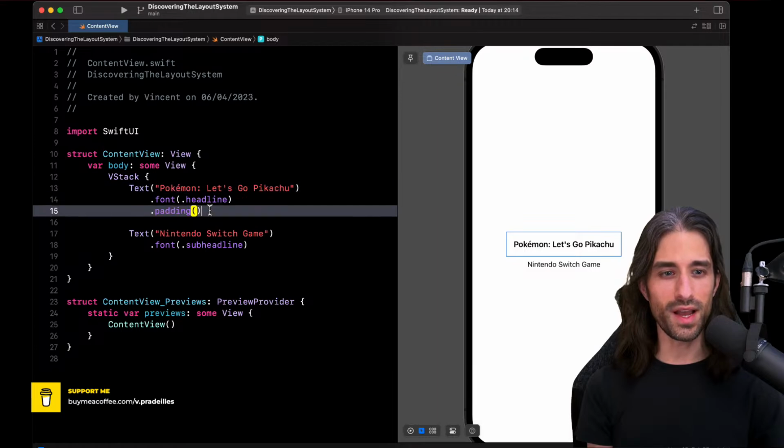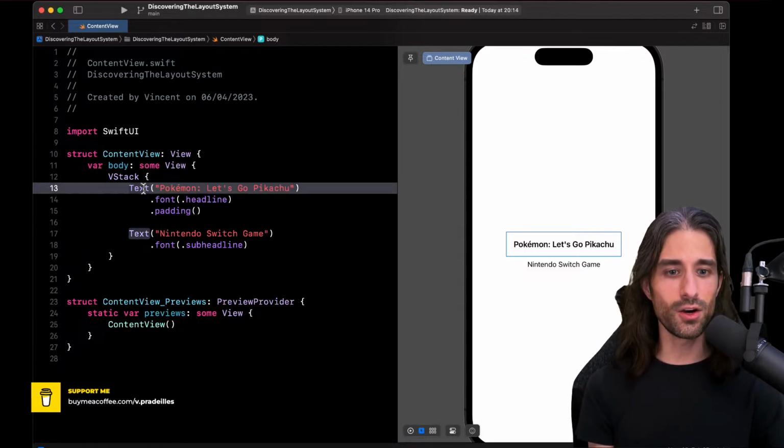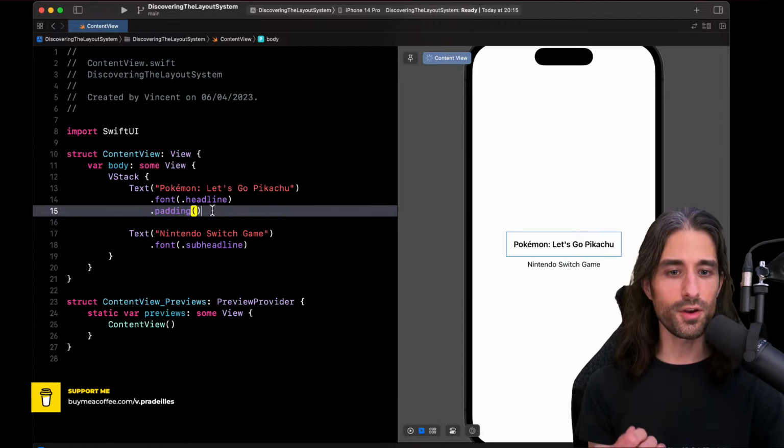Remember last time, when you add a modifier, you actually encapsulate the view you call it on into a new view with the behavior that the modifier defines. So we have this new view, which is the original text with a padding around it, and this padding added some extra space on all edges, so leading, trailing, top, and bottom.